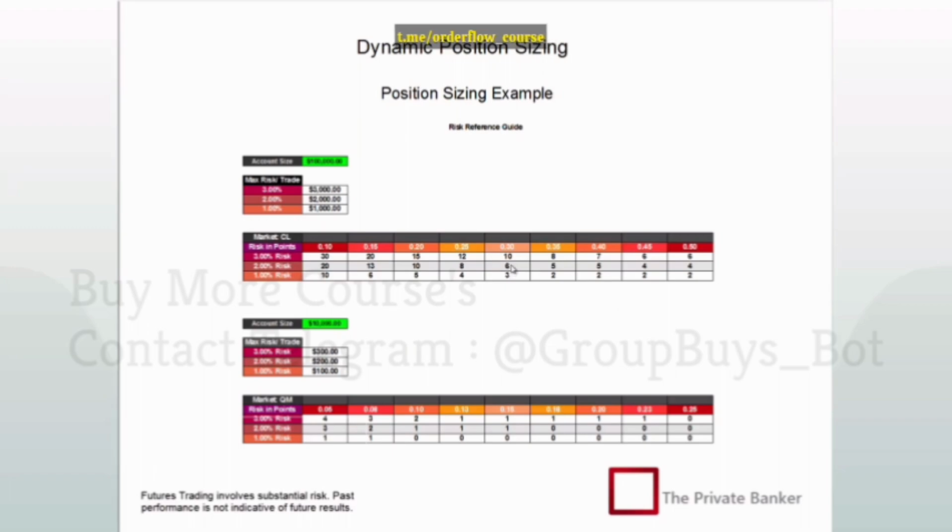Whereas if it's very, very low risk on the trade, and I'm willing to risk 3% simply because I'm very confident in the trade or whatever, and it's a 20 tick risk per contract, I'm going to take 15 contracts on that trade. So you can see it's a very large sliding scale, and you can use these percentages